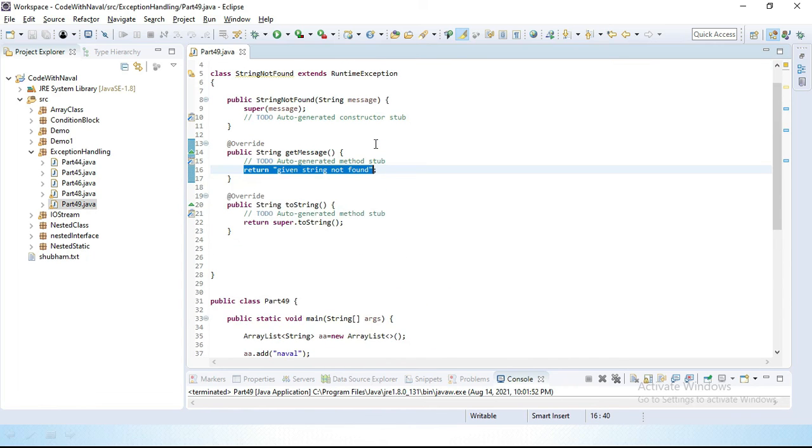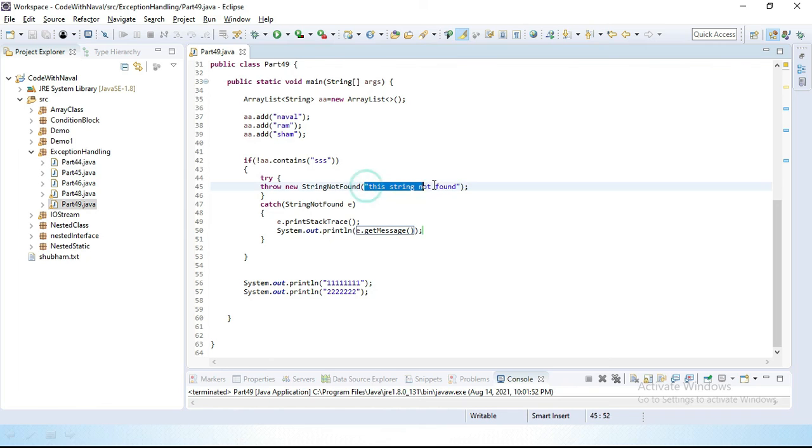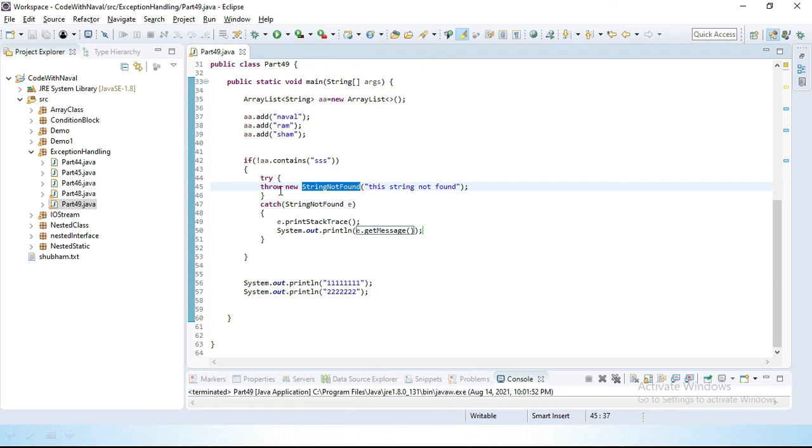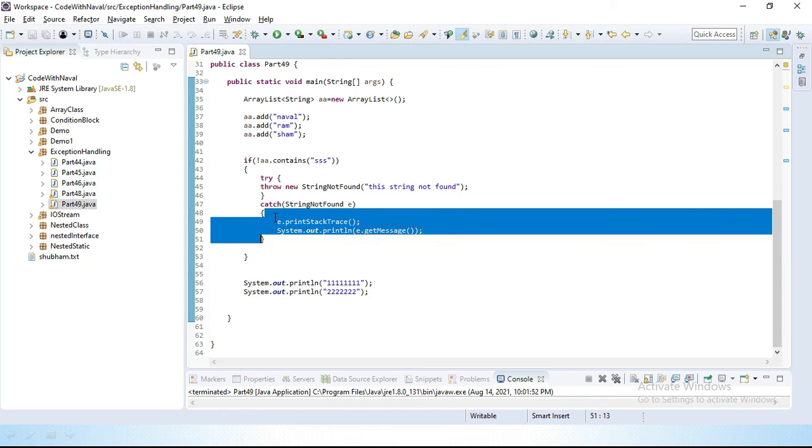Whatever message we want, we can pass from the StringNotFound constructor. We use the throw keyword to hand over this user-created exception class to the JVM. We saw all this in the last video, and then we handle those exceptions inside a catch.